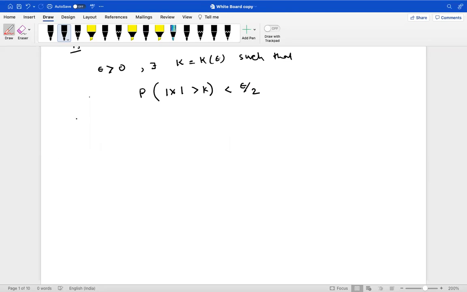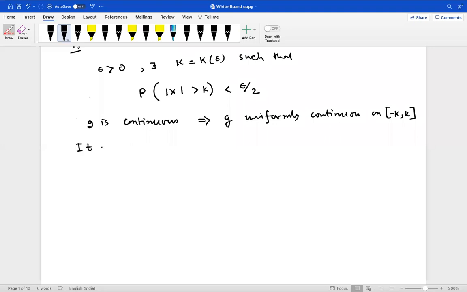Also g is a continuous function. So since g is continuous, g is uniformly continuous, because any continuous function is uniformly continuous on the closed interval minus k to k. Actually, it's a compact interval, a closed and bounded interval. So it follows that